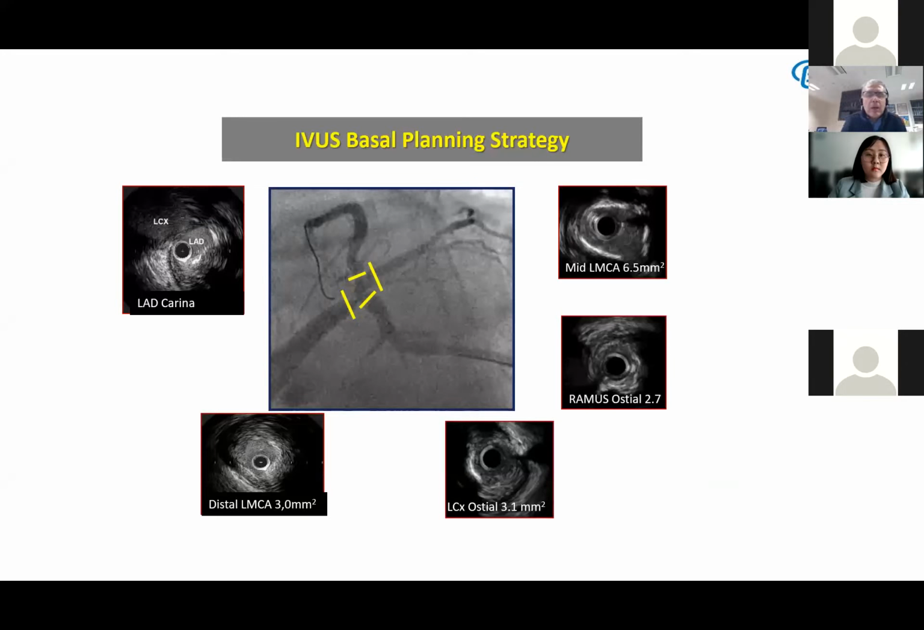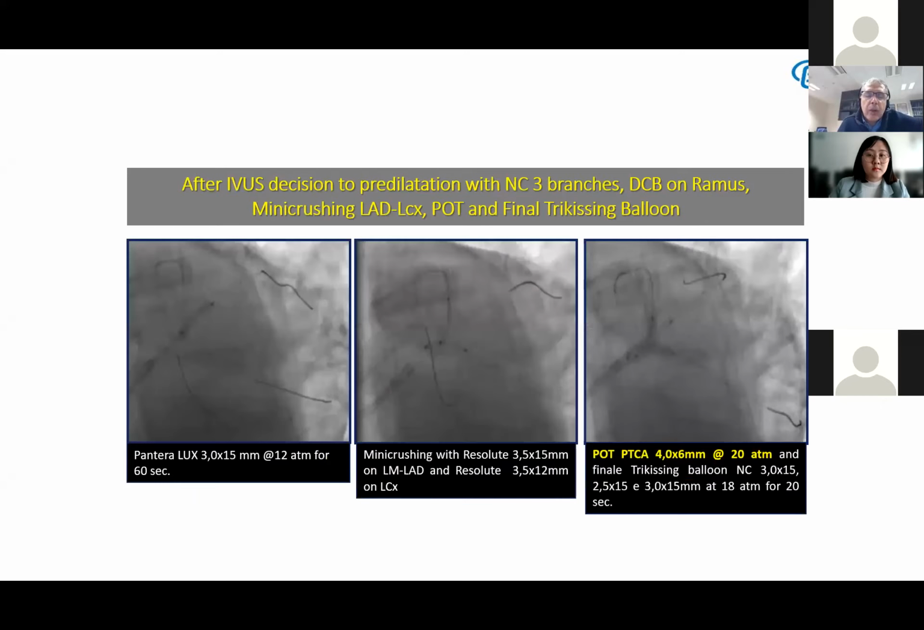IVUS for me is crucial because it shows how the ostium of the circ and the ramus is very diseased and is a real true bifurcation. I prepare and I wire in the three vessels, and I decide to perform a